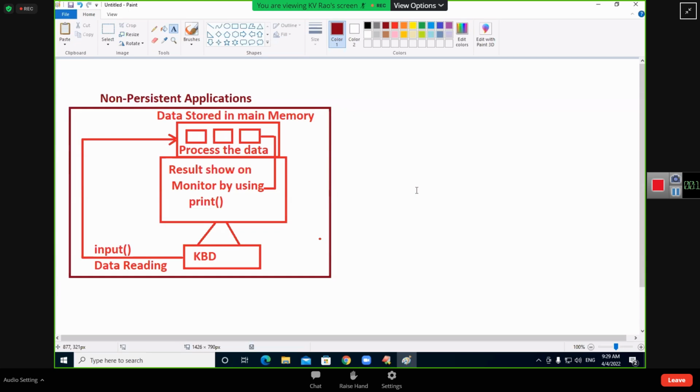Good or not? One line answer I want. Good or not? Good or not good? Quickly I want the answer. Online students, offline students, and everybody. Boys, this side boys, good? Okay, good. Not good. Right? Not good. Boys, that side? Not good. Girls? Good or not good? Not good. Good. I know that. So not at all good. Not good at all. Okay.